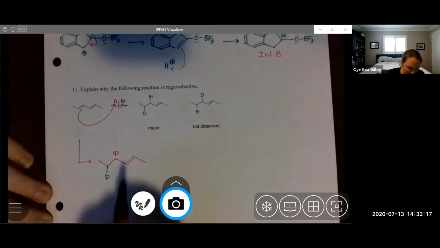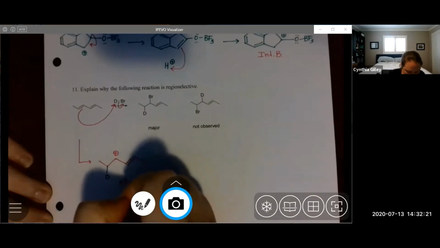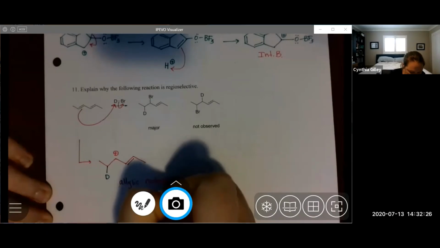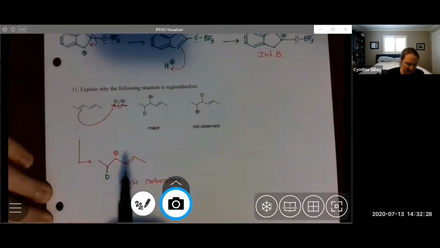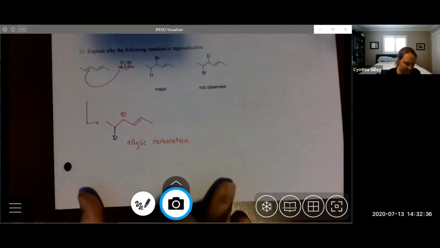And that's so that we get an allylic carbocation, which is much more stable than having the carbocation here and not having it in conjugation with the pi bond. So it's regioselective proton transfer